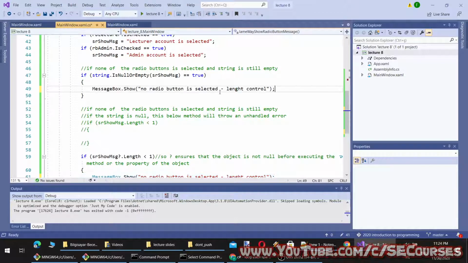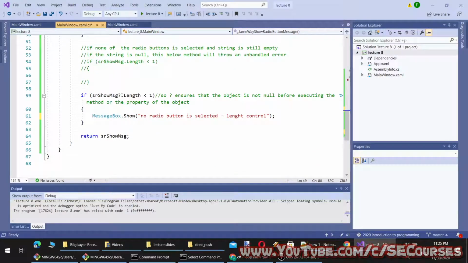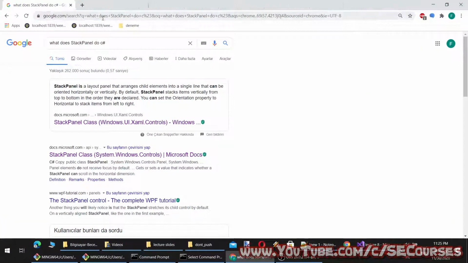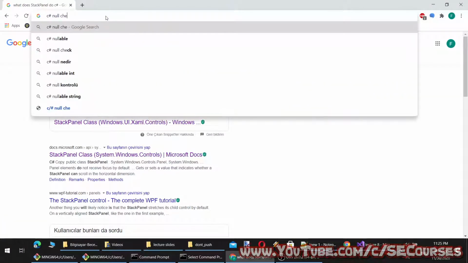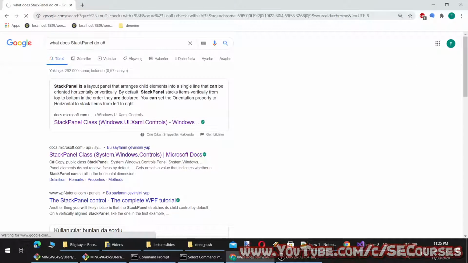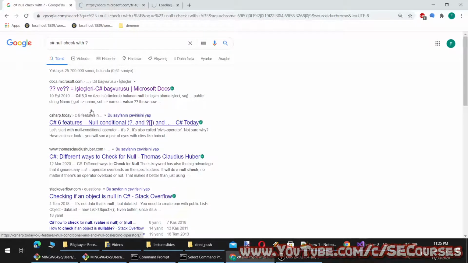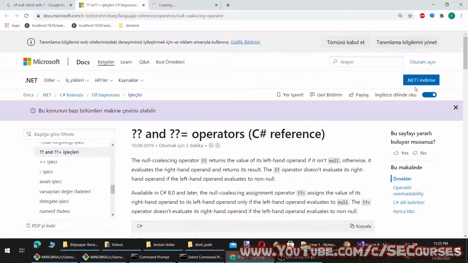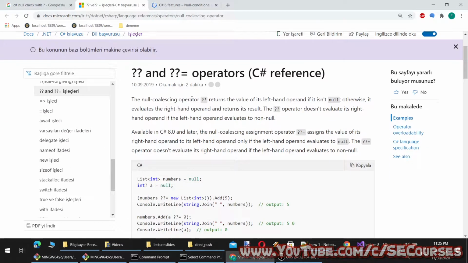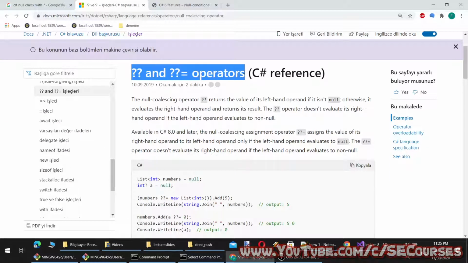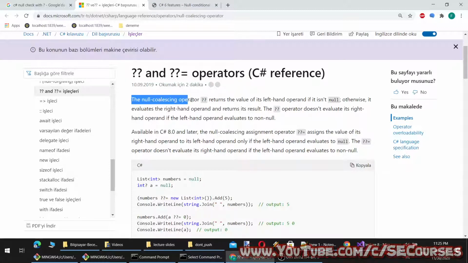Okay, and here, empty. So this question mark is called, let me find it for you. Okay, it is an operator. It is a null coalescing operator or something like that.